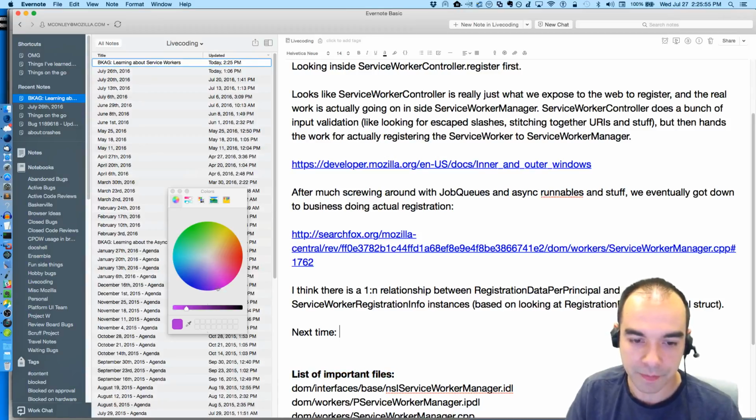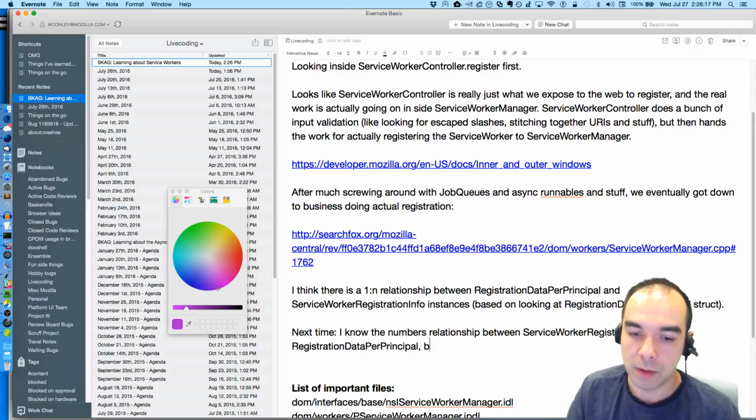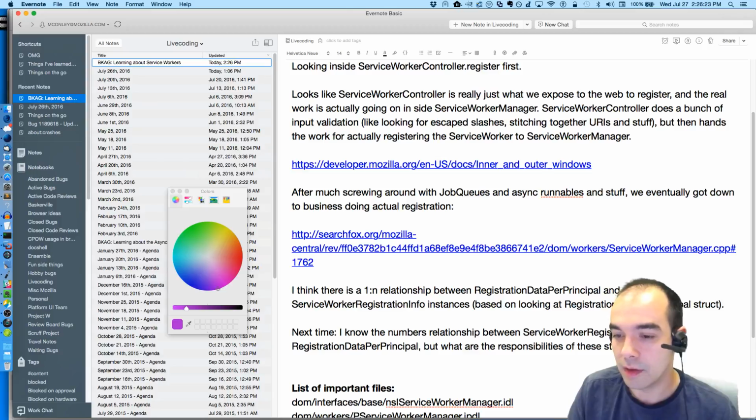Next time, I know the numbers relationship between service worker registration info and registration data per principal, but what are the responsibilities of these structures?